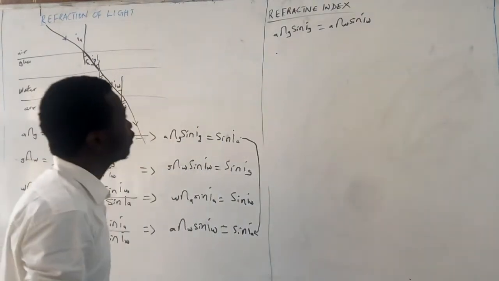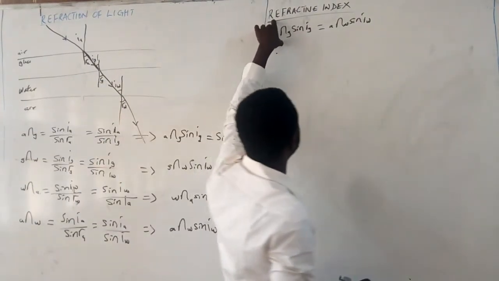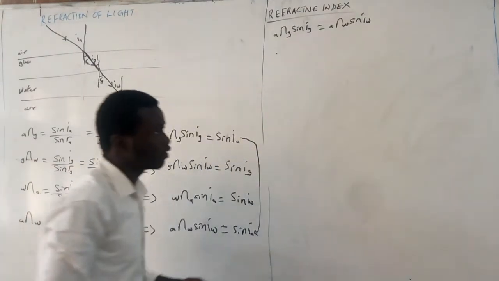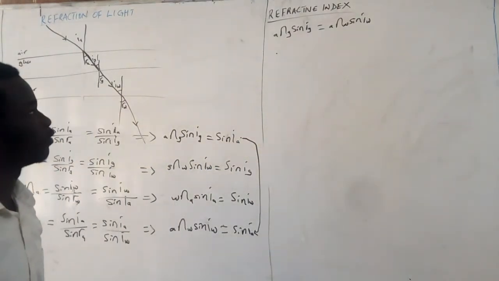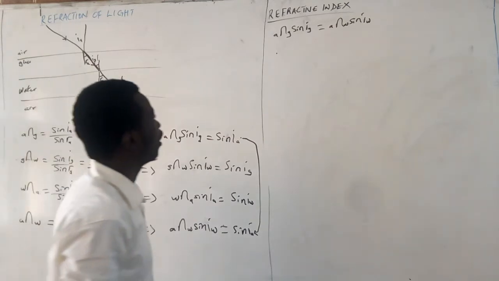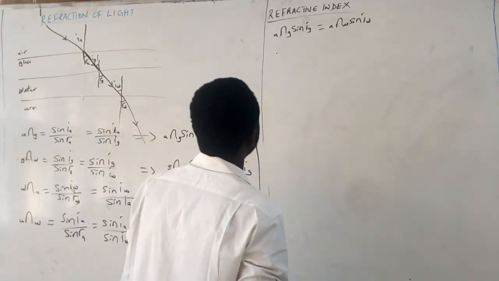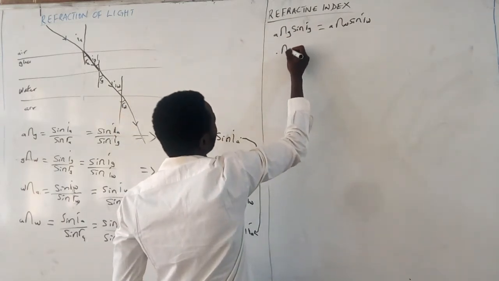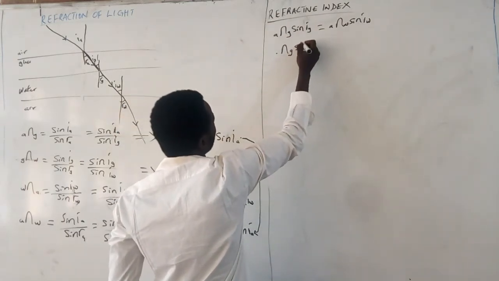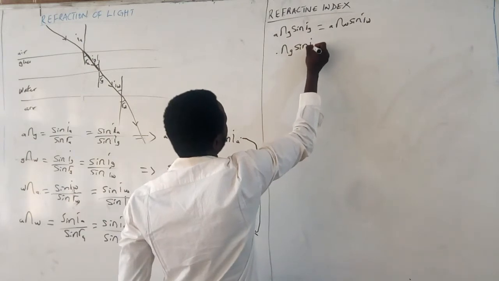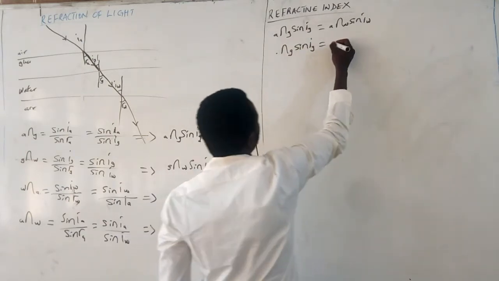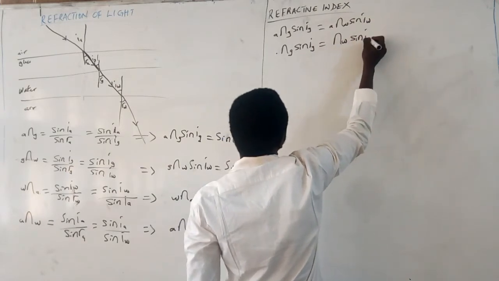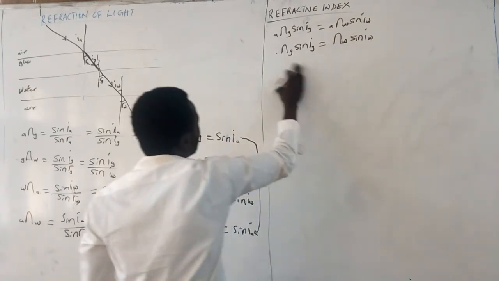So if I now take the relative refractive index, since the refractive index of air is 1, that is, if I take the refractive index in which this one is 1, so I'm going to have the refractive index of glass times sine of incidence of glass is equal to refractive index of water times sine of incidence of water. So clearly now we cannot